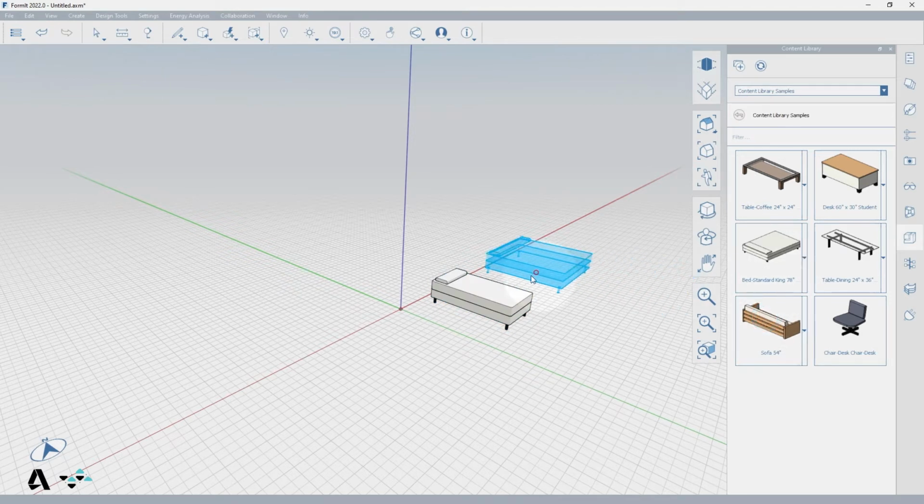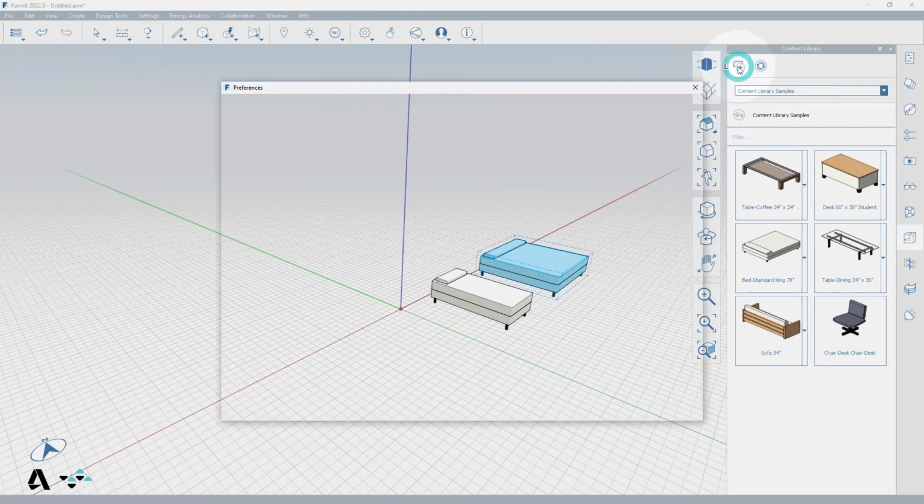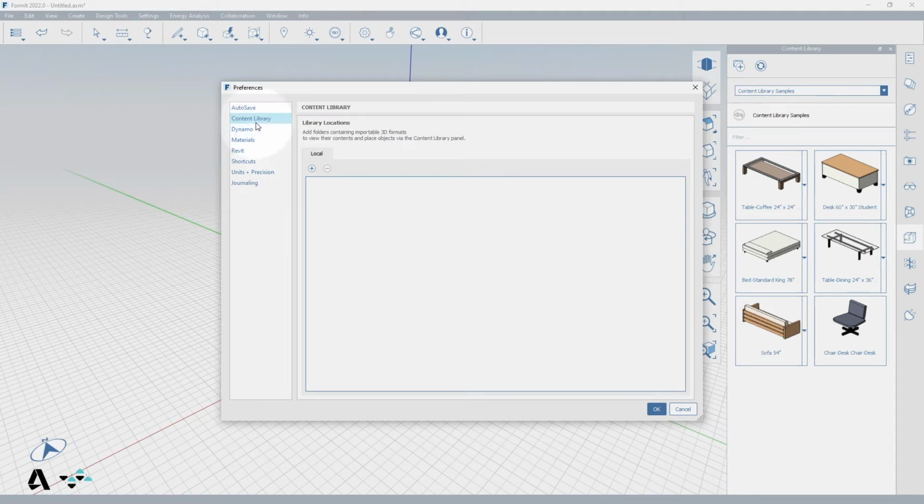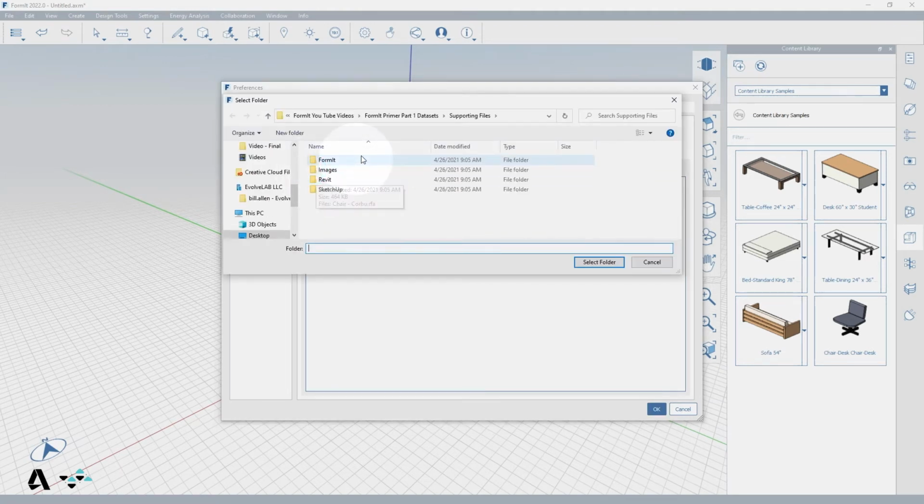On the top left of the palette, there is a Link Content Library Directory icon. Click this and the Preferences window will open with the Content Library tab open. Click the plus icon and add a new Content Library location and navigate to the folder in your computer's directory